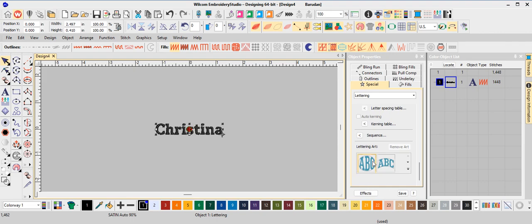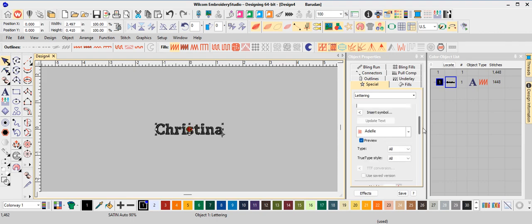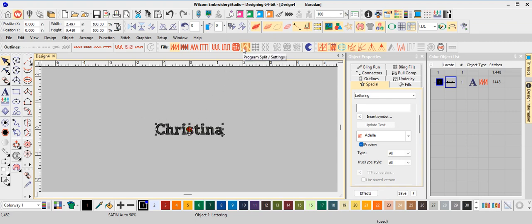You can get kind of crazy with this lettering art, but that's basically how you set up a basic name drop. From there you can send it to the single head, the 4-head, 6-head, whatever you need to do,